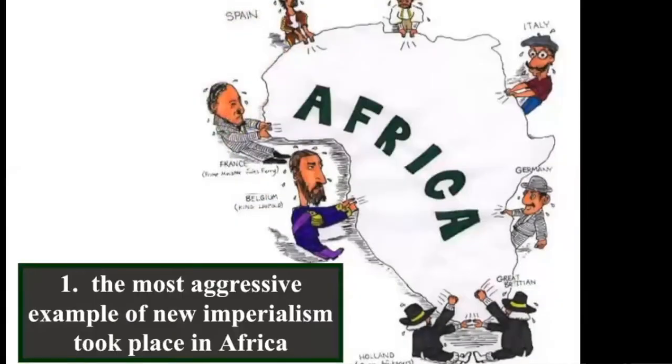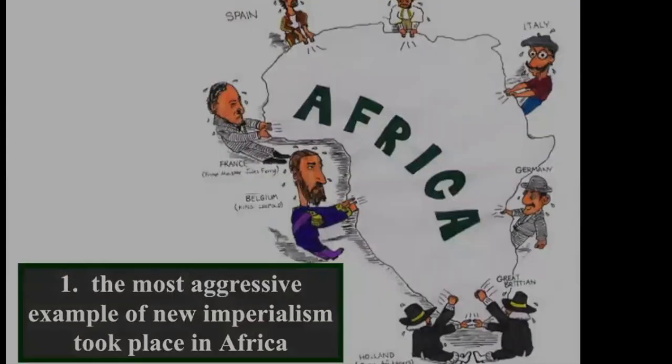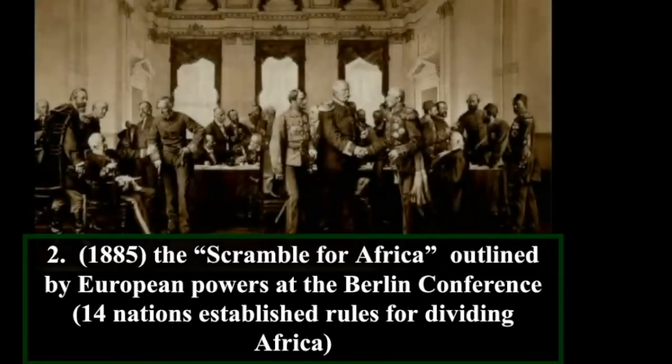So in 1885, the scramble for Africa is going to be established through the Berlin Conference. Otto von Bismarck, who is the leader of Germany at the time, who unifies Germany, is going to try to create a conference so that the European countries don't have to fight with each other over exploiting the African continent. So these European powers are going to meet together to talk about how they are going to divide Africa amongst themselves. This is also known as the Congo Conference, referring to the area of the Congo in Africa.